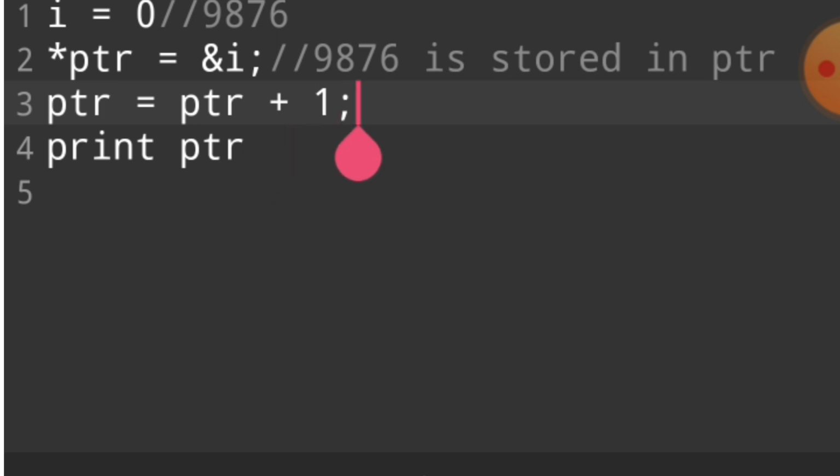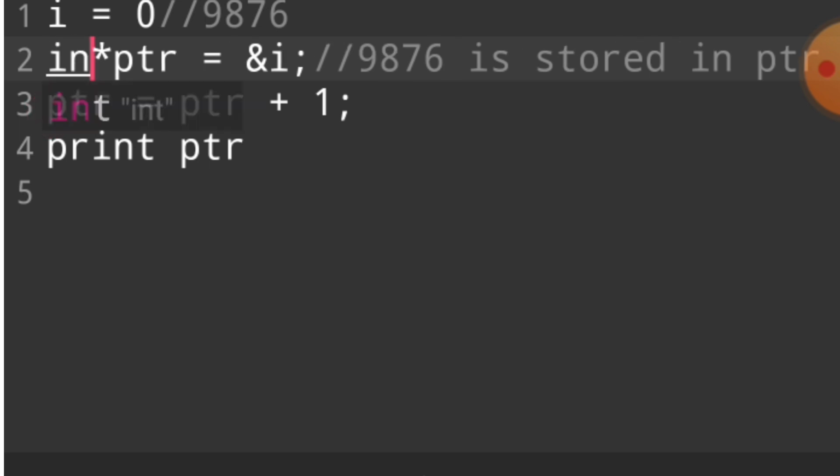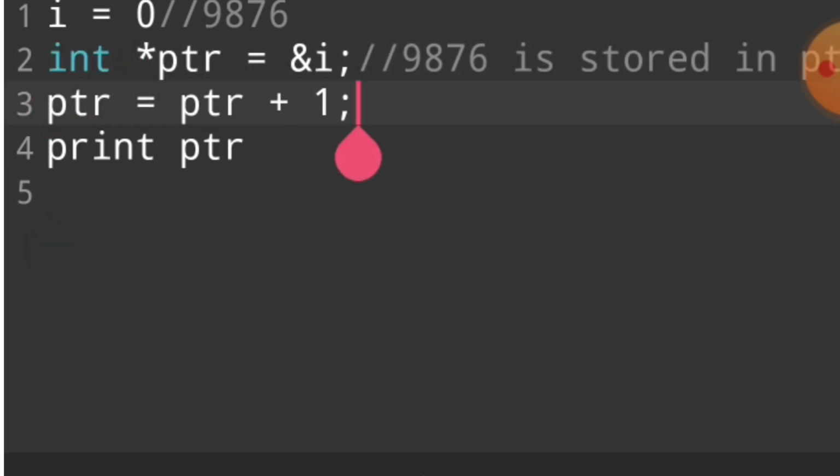Pause the video and send your comment in the comment box, what value is printed. In ptr, 9876 is printed. ptr is an integer pointer, so integer takes 4 bytes. So 9876 plus 1 means going to the next block of integer, and our compiler goes to the next block of integer, and an integer value consumes 4 bytes.